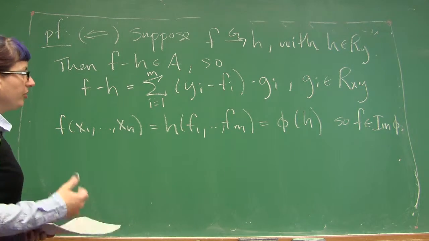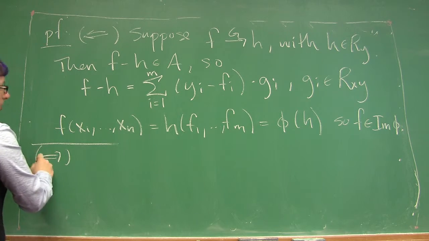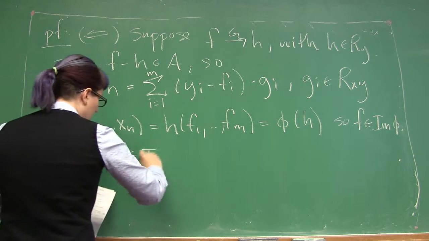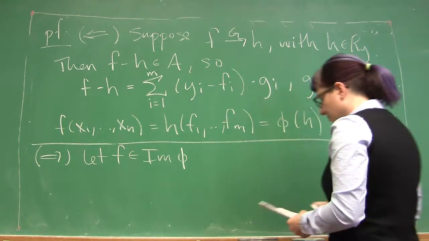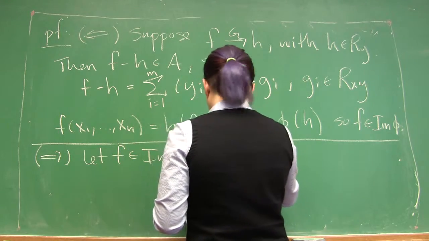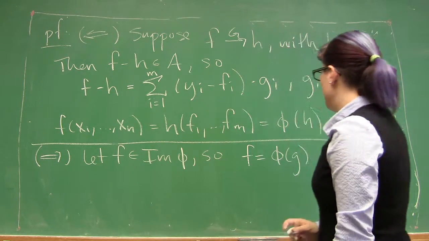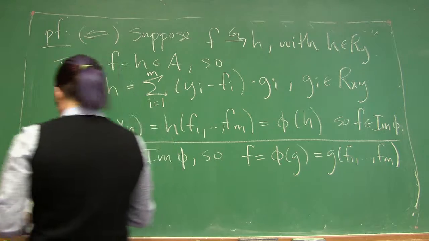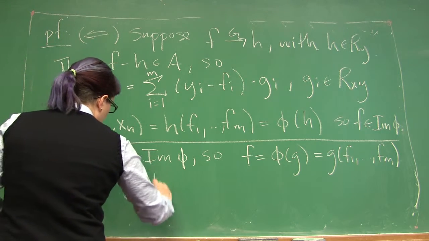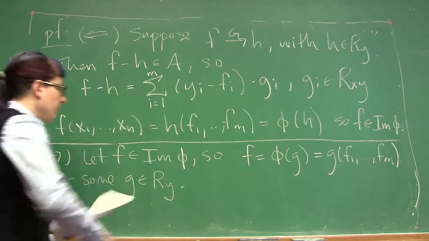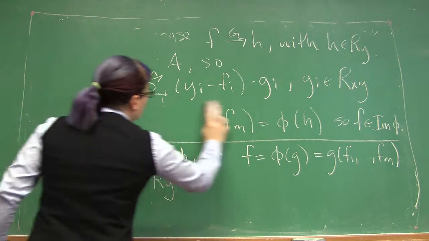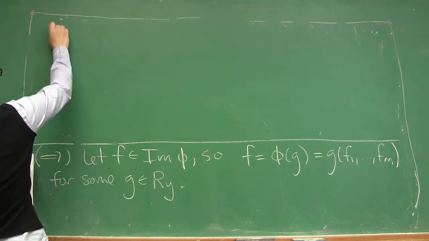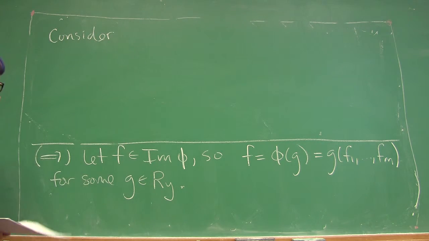To go the other direction, we need to start with some f in the image and show that it has this property that it reduces down to a polynomial with only y variables. So let's start by assuming f is in the image of phi. So then we know that f is equal to phi of g for some g in Ry, and we know that phi of g is the same as g evaluated at f1 through fm. So now what we want to consider is the difference of f minus